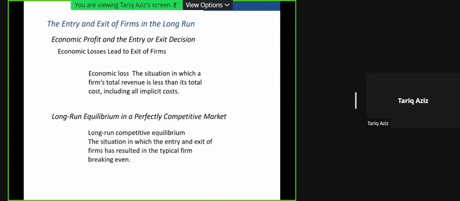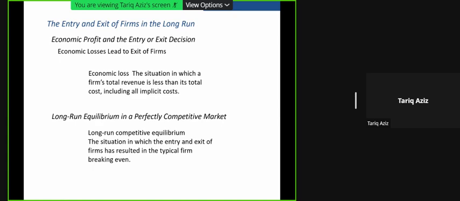So economic losses lead to exits of firms. If, as a result of new entry, a particular industry becomes a trend, and every company is entering that business, that will lead to a lot of competition, and it will lead to